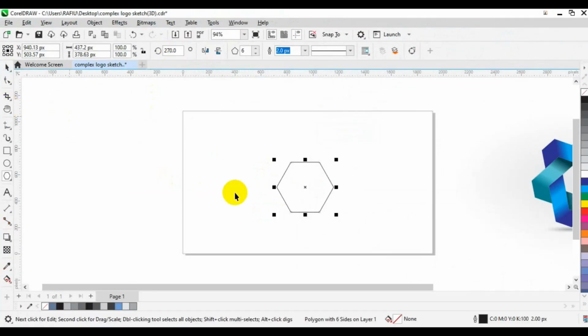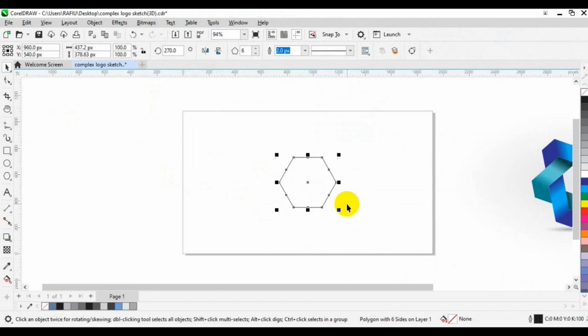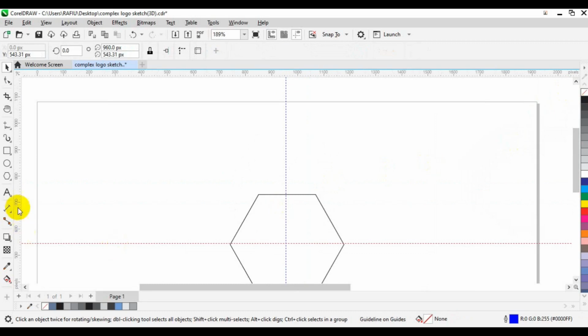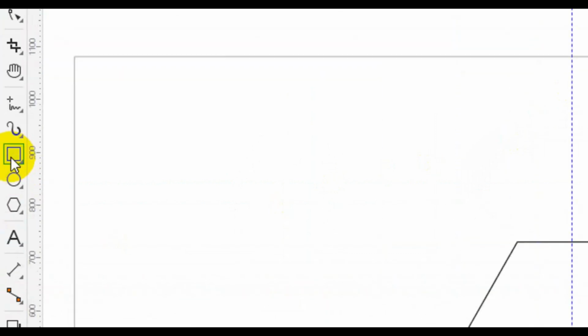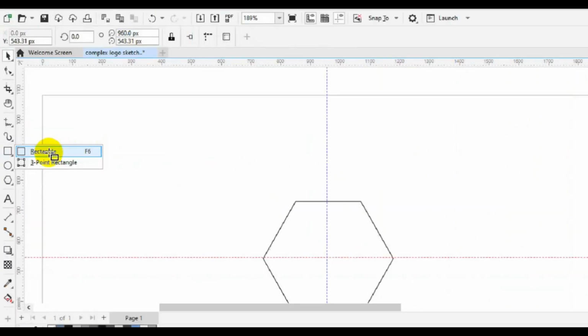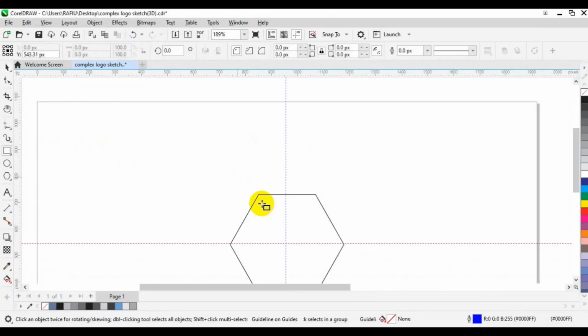Next, press P to centralize the polygon shape. Then grab your ruler, both vertical and horizontal, and make sure it snaps to the center of the polygon. Next, go to your toolbar, click and hold down, and make sure you choose your rectangle shape. Having chosen your rectangle shape, draw a rectangle from the node right here